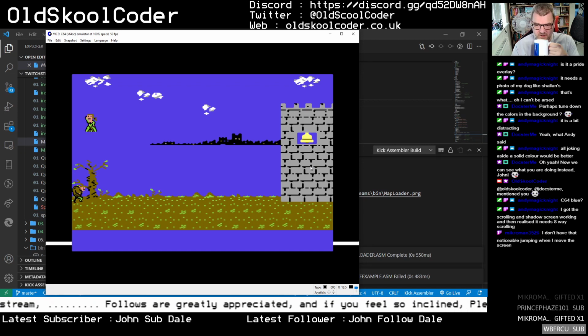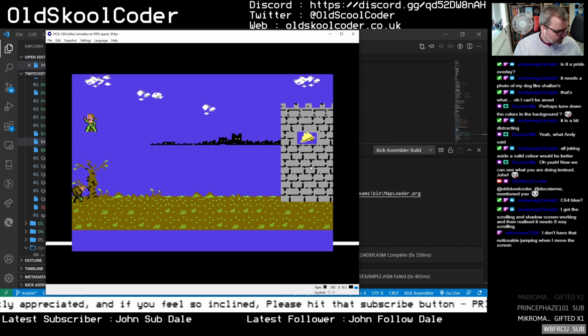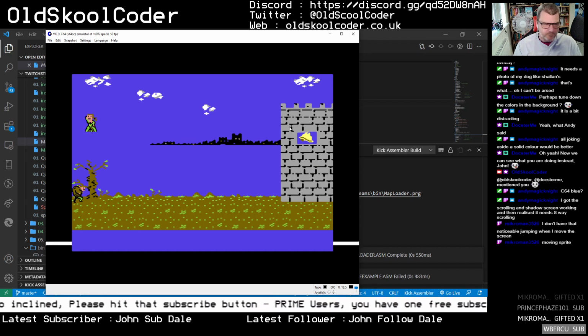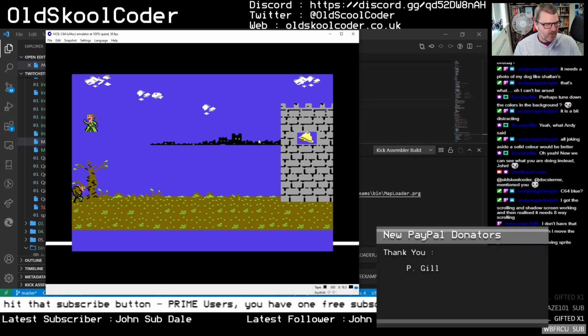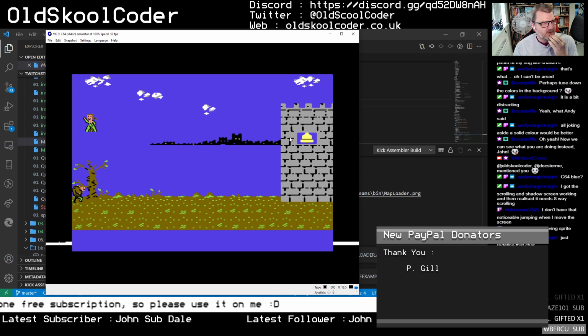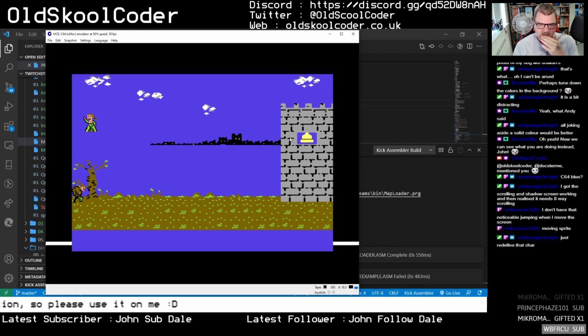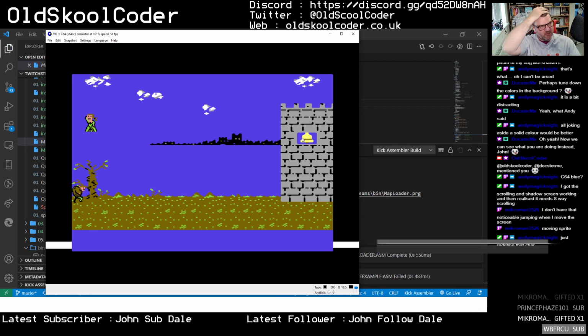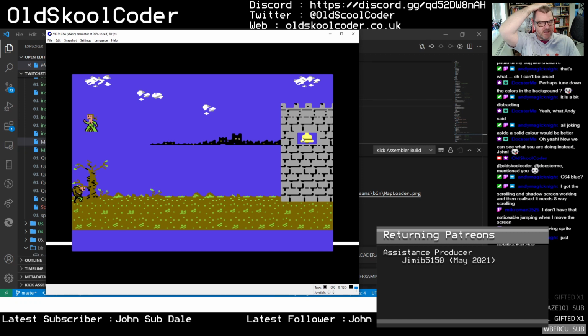I'm certainly going to have a go at it. But the thing is, if you use sprites, then there's less sprites for your bad guys and stuff like that. And we've got a multiplexer, which